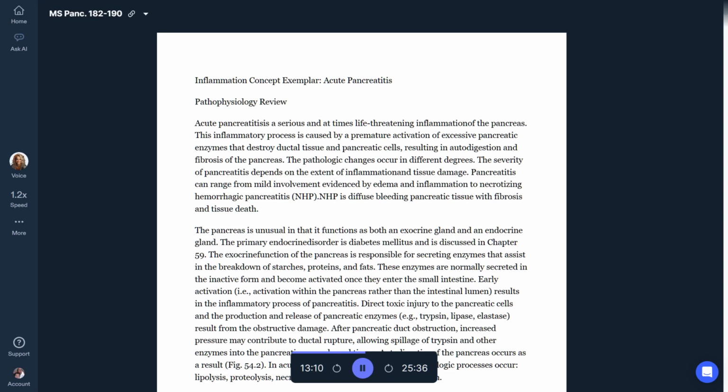Surgical management. Surgical intervention for acute pancreatitis is usually not indicated. However, if an ERCP is not successful in removing gallstones, a laparoscopic cholecystectomy may be performed as described in the surgical management discussion in the section Inflammation Concept Exemplar, cholecystitis. Complications of pancreatitis, such as pancreatic pseudocyst and abscess, may also require surgical intervention. Laparoscopy may be done to drain an abscess or pseudocyst. For patients who are at high surgical risk, pseudocysts or abscesses can be treated by percutaneous drainage under CT guidance.